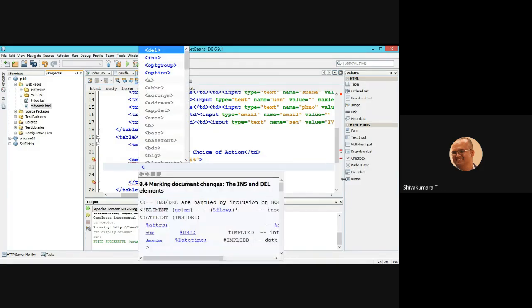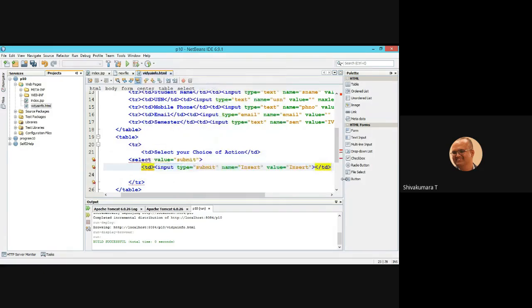option. Each selection has options. First option for insertion, insert, option value equal to insert. Second option value equal to delete, delete. The third option value equal to update, update.